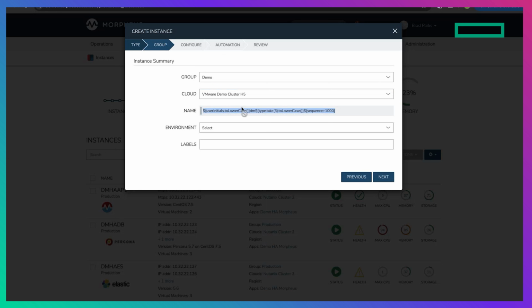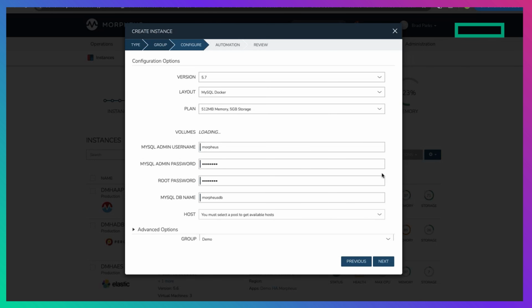And you see right here, this is an example of a naming policy. One of the benefits of Morpheus is the ability to put policies around different aspects of this provisioning experience. In this case, it's a naming policy. Our admin doesn't want me naming this database after my cat. We're going to force a corporate naming policy standard. So I'm going to hit Next.